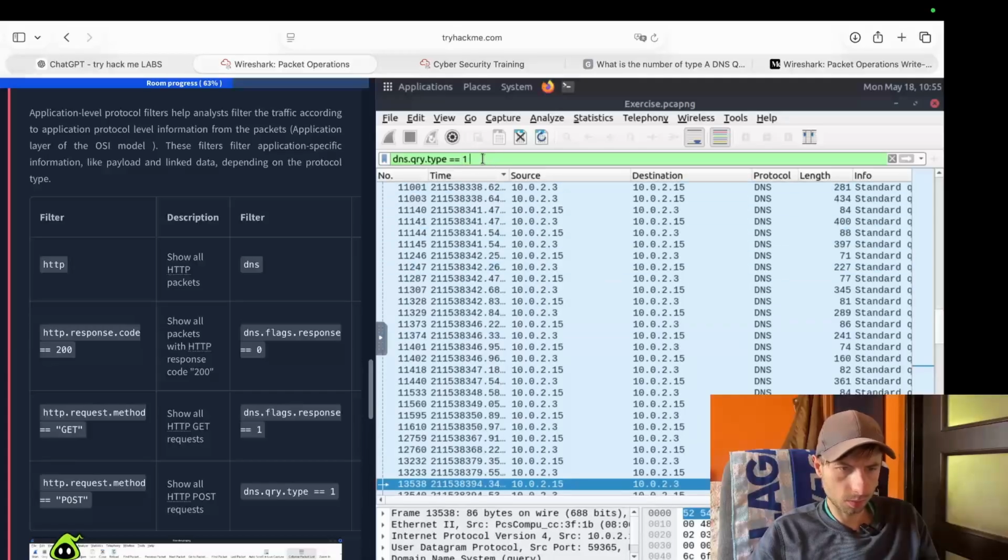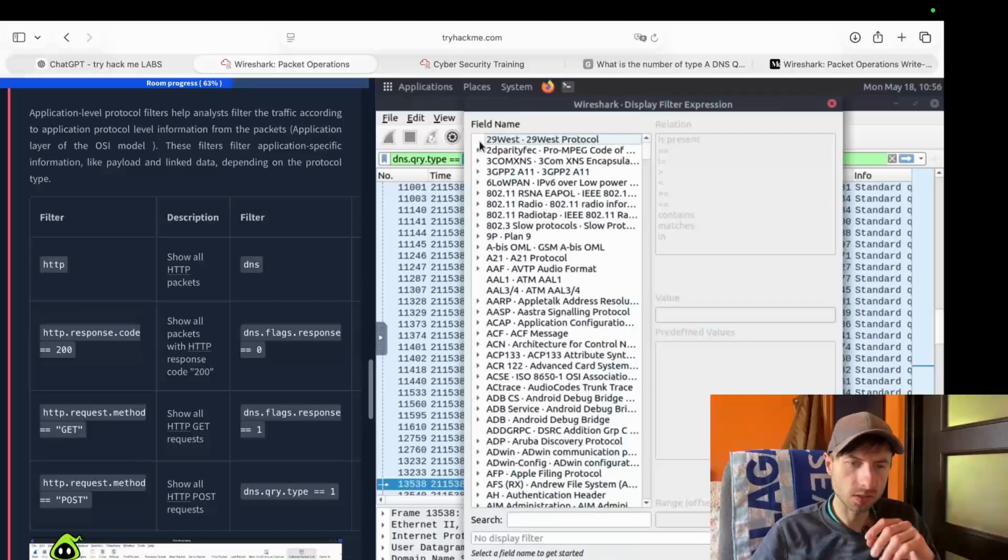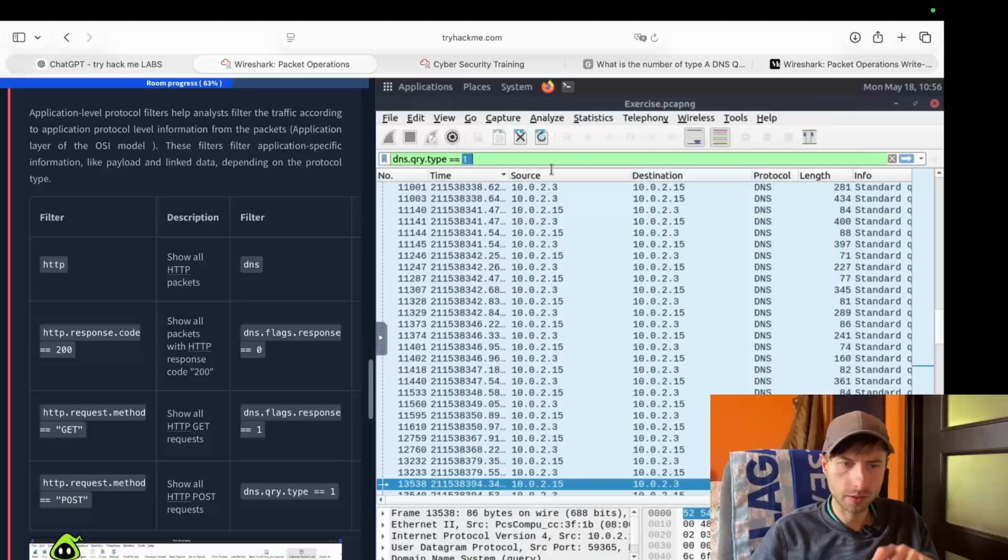And when I make query types plus, okay, the machine is getting weird,